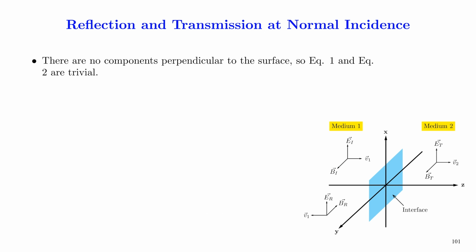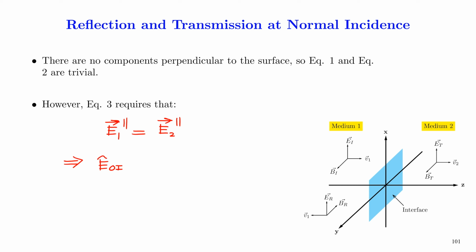From the figure, it is evident that there are no components of E and B perpendicular to the interface. Therefore, equations 1 and 2 are trivial. However, that is not the case with equation 3, which gives the boundary condition for the parallel component of the electric field. Since there is a finite parallel component for the electric field, from the third equation, E1∥ equal to E2∥, we have